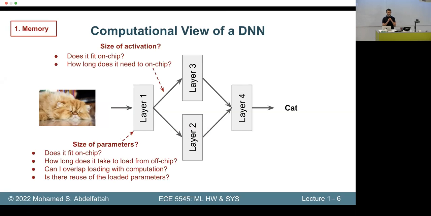So first, I should really think hard about the memory overhead of this neural network. What is the size of the parameters? Does it fit on chip, on the chip that I'm using for computing? Does it fit in the external memory chip connected to that compute chip? How long does it take to load these parameters from external memory? That will include knowing something about the memory bandwidth or the memory speed of this memory chip